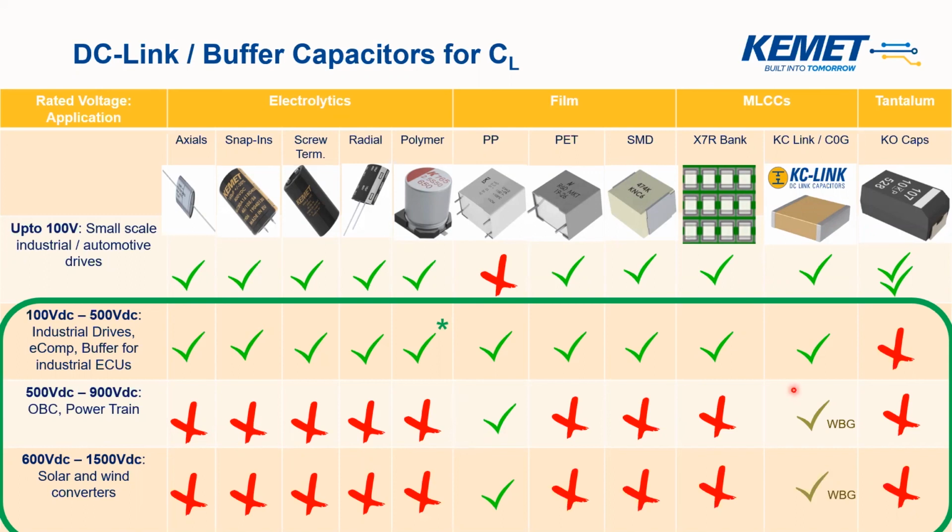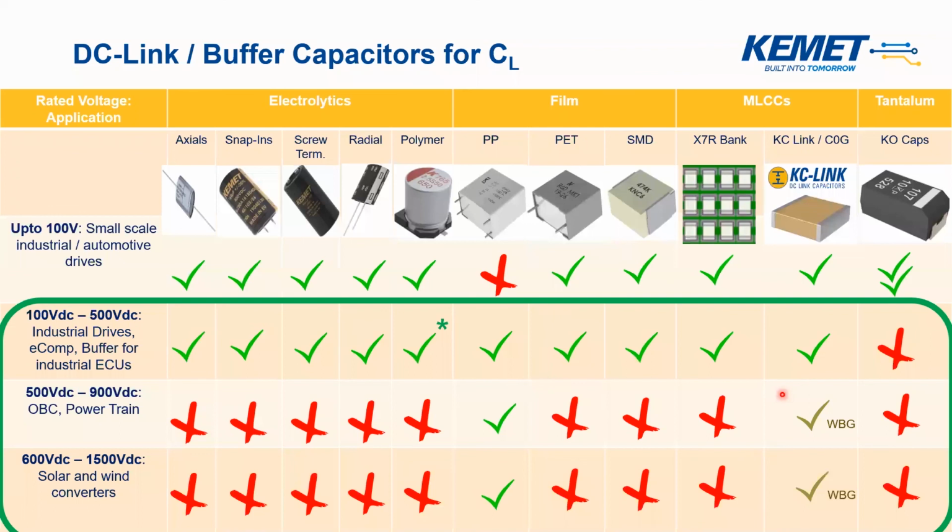So as we go above 500 volts, then traditionally and typically it's usually been a polypropylene based film capacitor which has been the choice of the engineers, because if you're using electrolytic technology, then you need to use two in series, and then it's not really the most comfortable solution. But with a single film capacitor, you can have that ability for sure. And of course, the interesting addition here are ceramic capacitors.